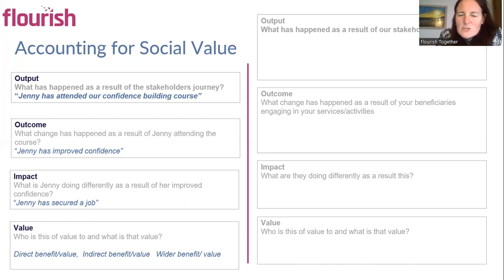So I would just spend a second having a think. On this right-hand side, we've got these empty boxes. You can doodle out your own, or if people want to get in touch with us, we can send over the templates and worksheets on this for you to use. But what's happening as a result of particular stakeholders getting involved with your activities, services, drop-ins, whatever it might be, events,